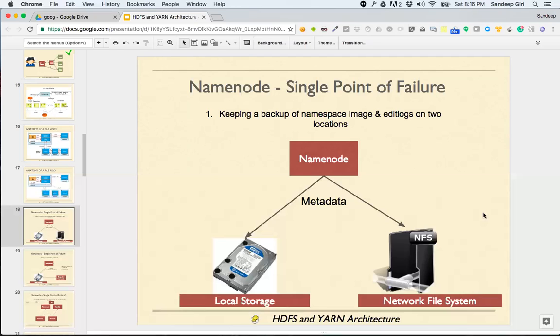Every time something is happening, it's maintaining a log. Let's say the image was created this morning at 12 o'clock, and whatever changes have happened since then go in edit logs, and we apply these edit logs on the image in order to recover a failed node.